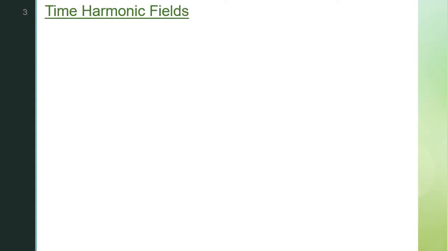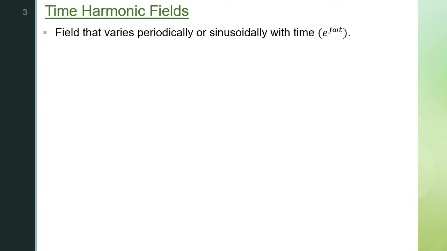So before we move on to the wave equations, we'll see what a time harmonic field is. Any field that varies sinusoidally or periodically with respect to time is called a time harmonic field. So if the field contains a term e raised to j omega t, it is an example of a time harmonic field. Now e raised to j omega t is a combination of cos omega t